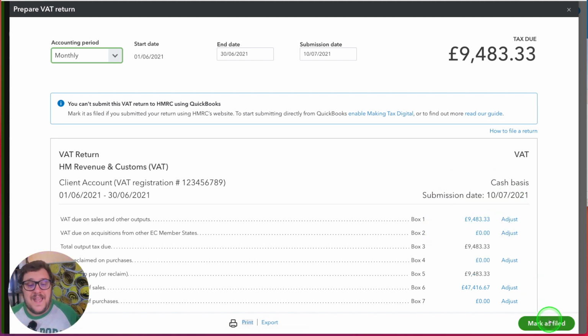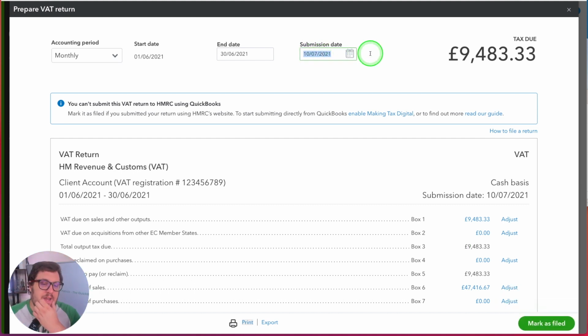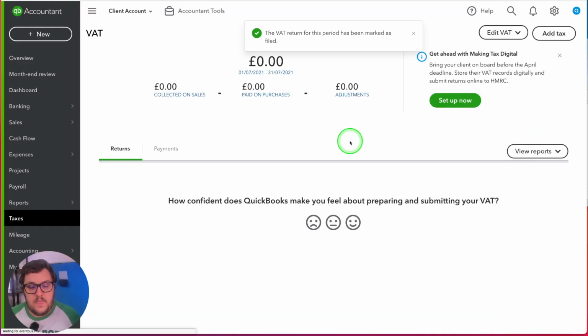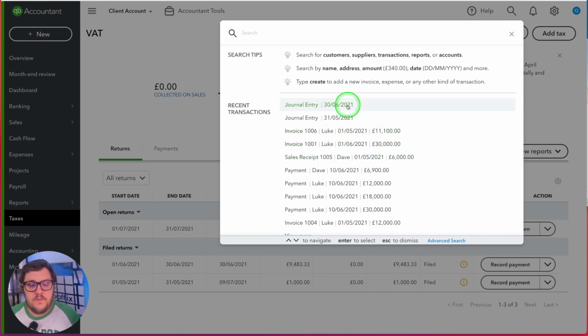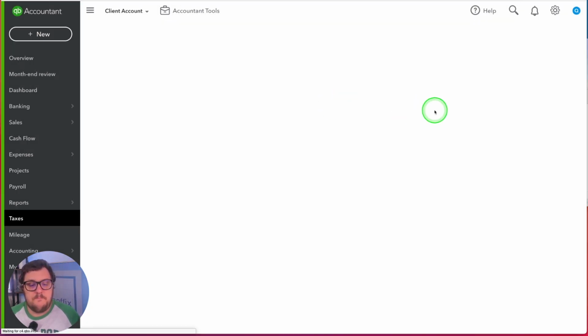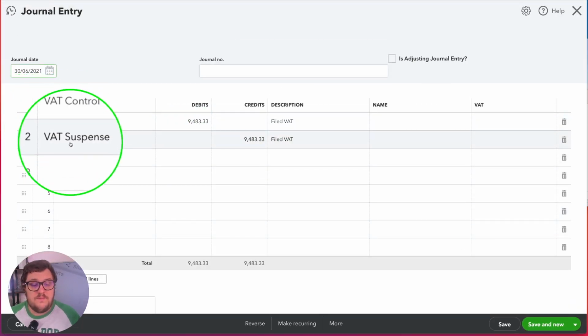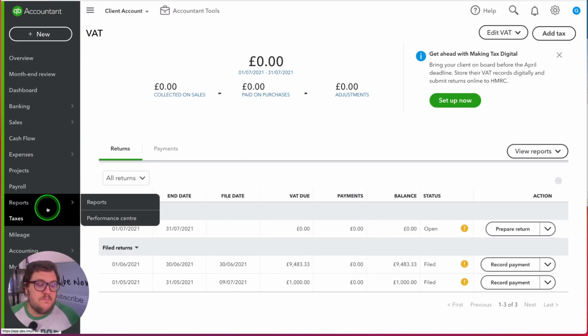The key for me now is to go in and mark as filed. I'm going to change this to the 30th of the 6th, 21, and press mark as filed and continue. The reason that's so important is that if I go to my search bar, it's now generated a new journal entry on the 30th of the 6th. What it's done is move the VAT control amount to VAT suspense. And what that means is if I run my report,